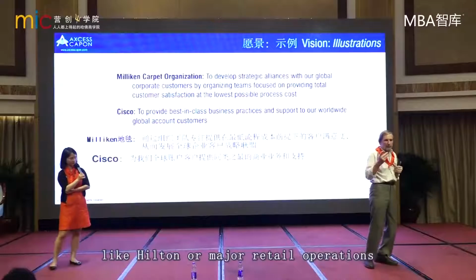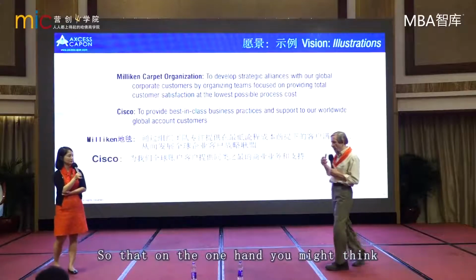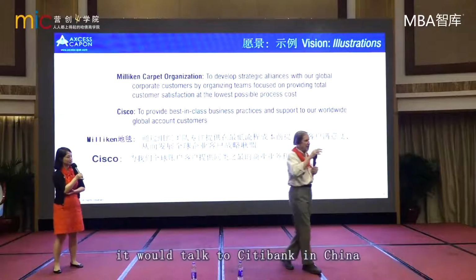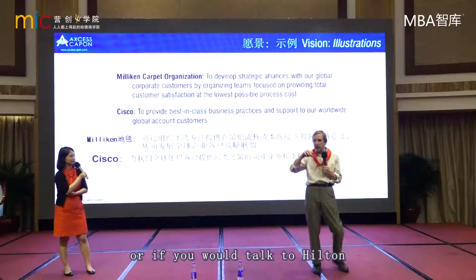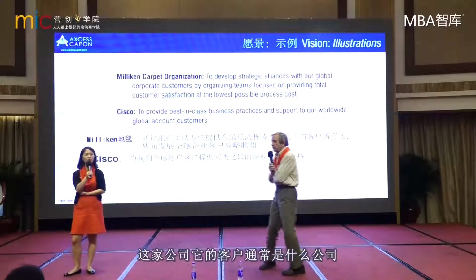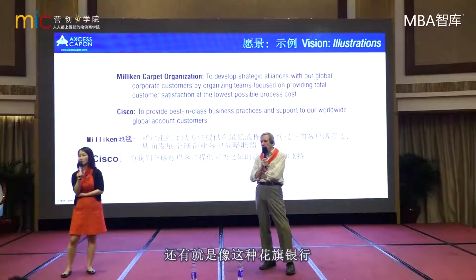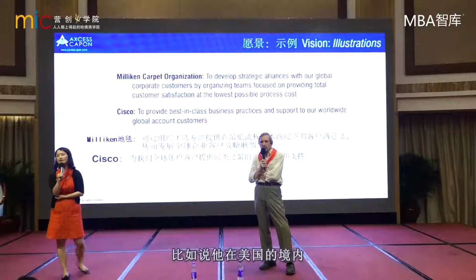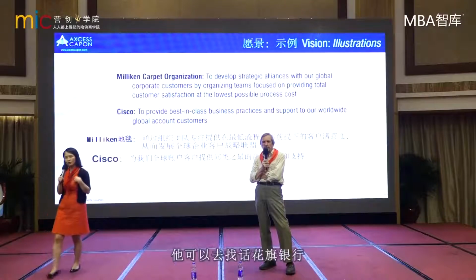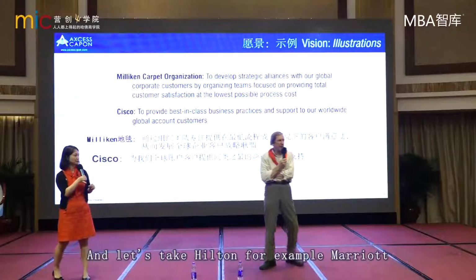Okay, so the sort of customers Milliken has would be major hotel chains like Hilton, or major retail operations like a bank, like Citibank, which is all around the world. So that on the one hand, you might think, well, if Milliken wants to sell products into China, it would talk to Citibank in China, or if it would talk to Hilton or Marriott, the hotel chains in China. Milliken 的公司啊，这家公司它的客户通常是什么公司呢？像希尔顿酒店集团这样的公司，因为这些公司它需要地毯。还有就是像这种花旗银行，比如说它在美国的境内各个分行，它是需要用地毯的。那么如果说他要想做中国的业务，他可以这样去做，他可以去找花旗银行，或者他可以去找希尔顿，说我希望把你中国的这部分业务做起来。